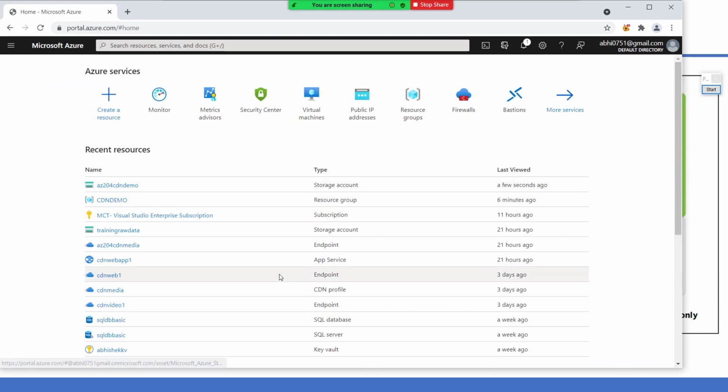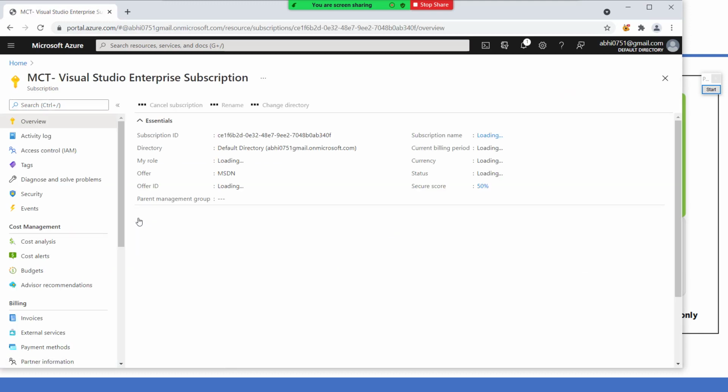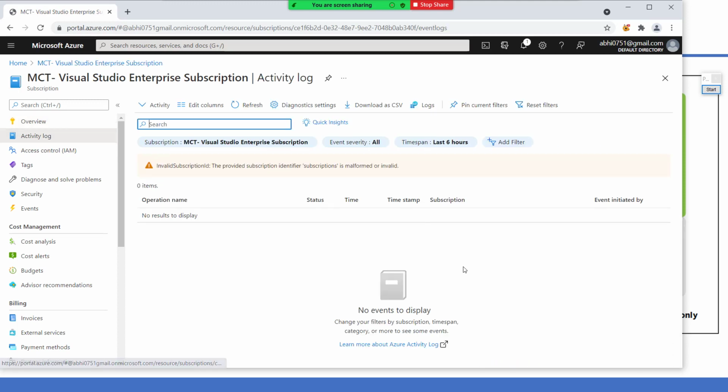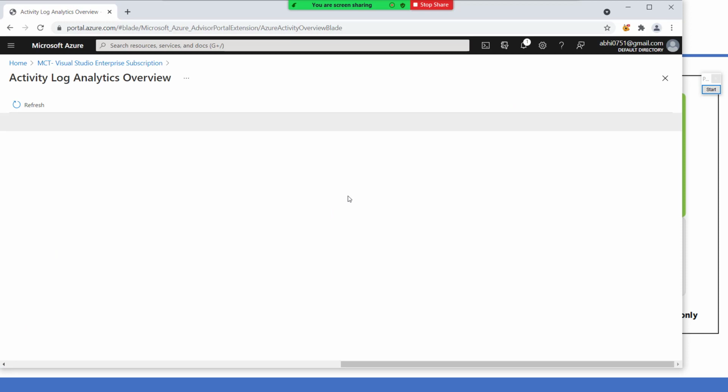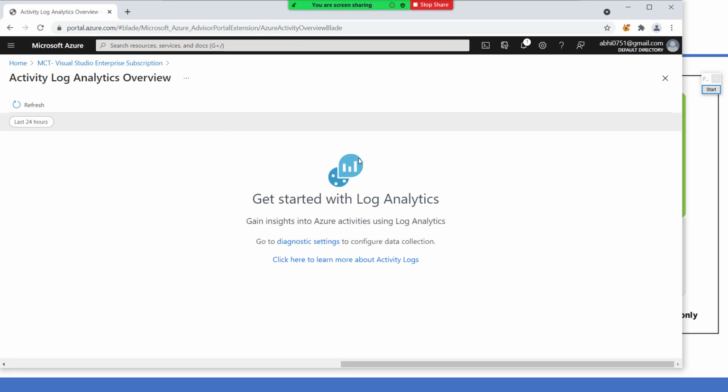Similarly, if you want to see the activity log for your Azure subscription, you have to go to the subscription level and you can see the subscription level activity log. When you are seeing it from a specific resource, it means you have already narrowed down the scope. And here it will let you know what happens to your subscription. If you would like to analyze this log from Log Analytics, you can click here and analyze your logs here. You need to write the queries. The only thing is you have to first go to the diagnostic setting to connect it and then you can use it. Okay.